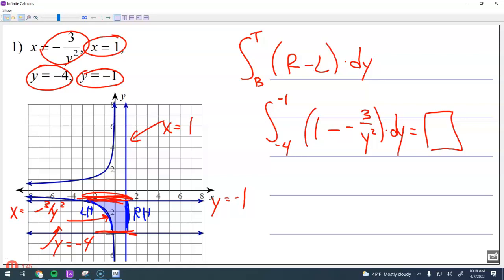So get out your calculator. Make sure we can do this right. Questions on what I set up there while you guys are getting your computers up? Yeah. So, in both cases, do you integrate from the more negative value